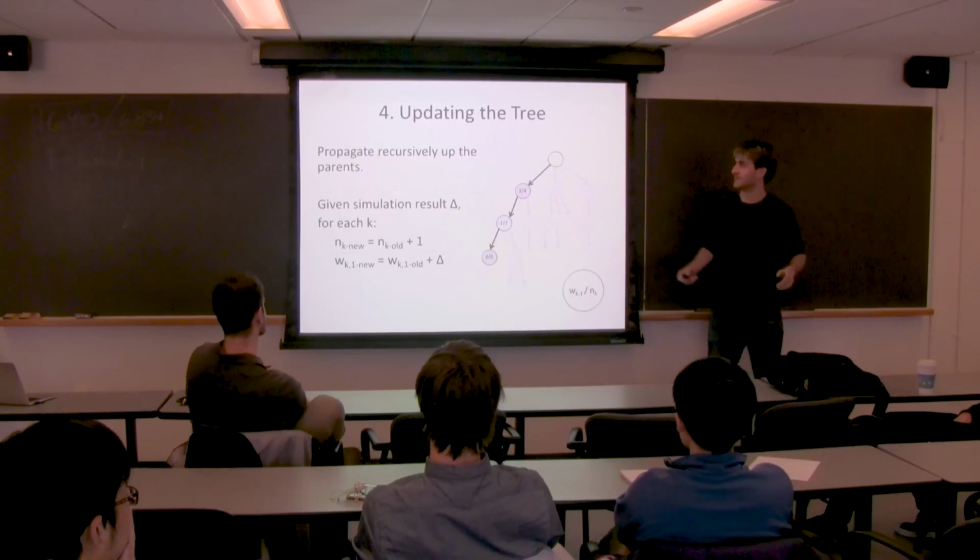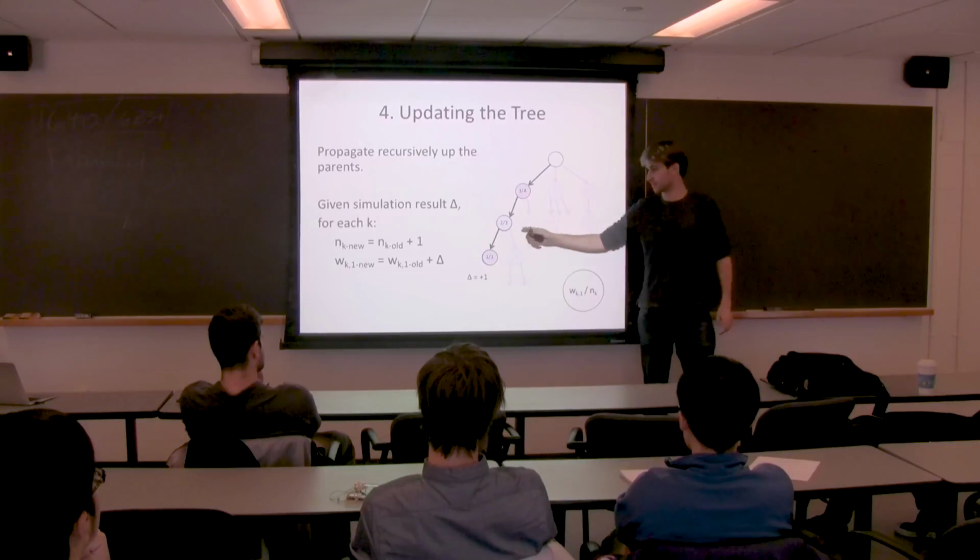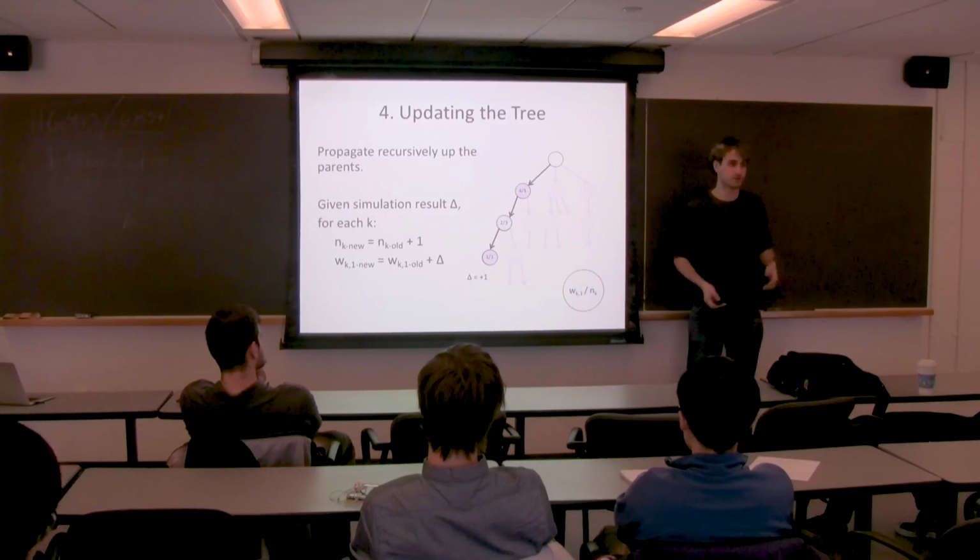All right, great. Now we're going to update the tree with the result of our simulation. Given that we had some result lambda, we're going to propagate up the parents. For each parent, we're going to add that the game has been played there once, and that the result of that simulation gets added if it was a 1. So, for example, if there was a win in this game, then this becomes 1-1 because now it's 1 once and it's been visited once, and these two get incremented by 1, and these two get incremented by 1,